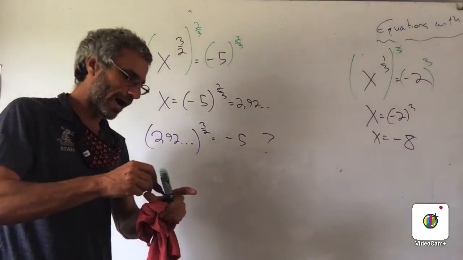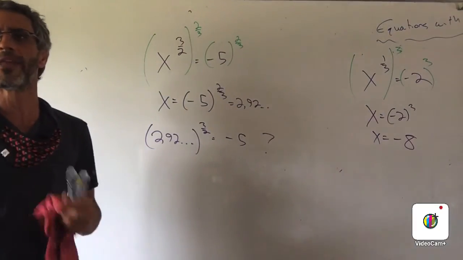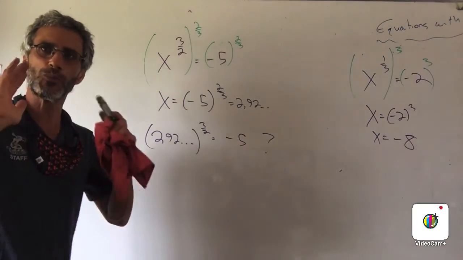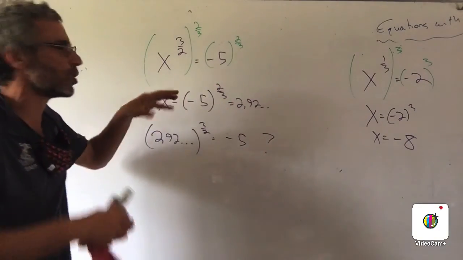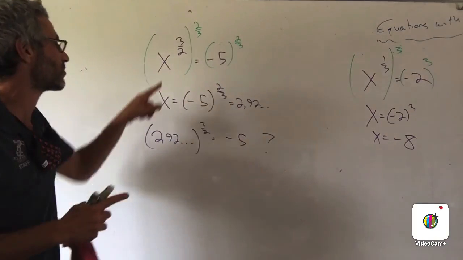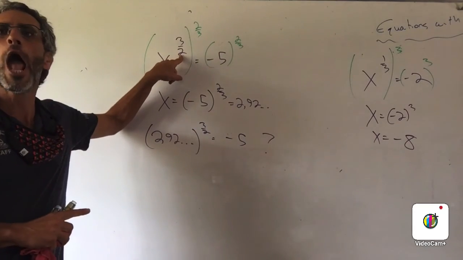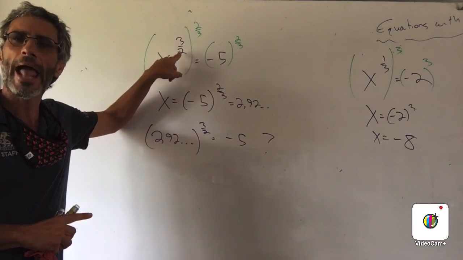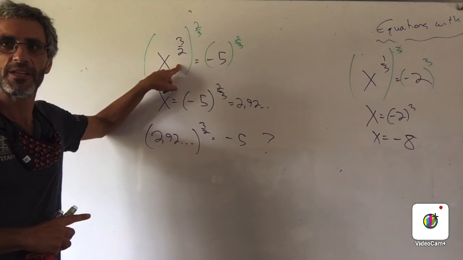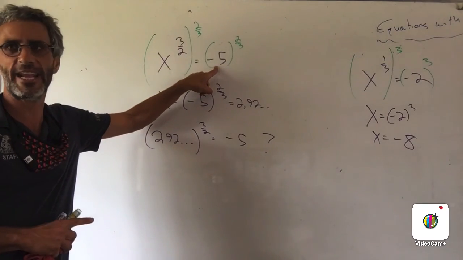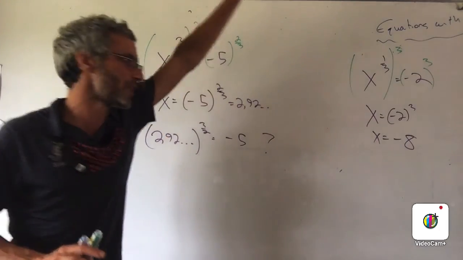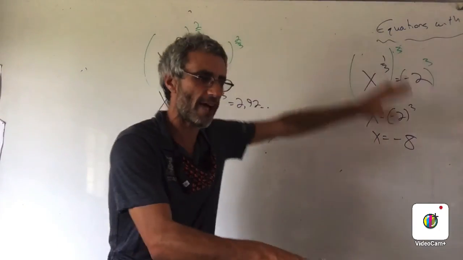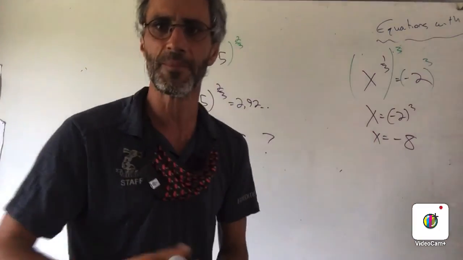Now, I don't want to get in too deep into where the mistake was. Let's just revise. Let's just try and understand what the problem was. Not why it is the problem, what the problem is. Only because I have an even number. And an even number, either here or there, means you can't have a negative number here. I'm going to pause here and I'm going to put it all for you on the table like they have in the book, and we're going to finish. Can I ask